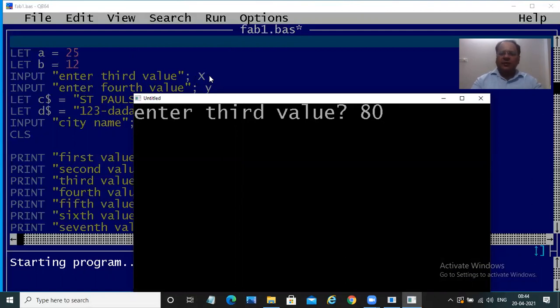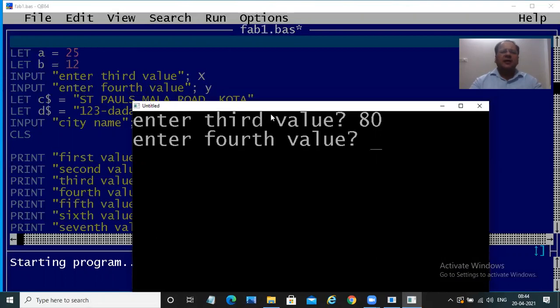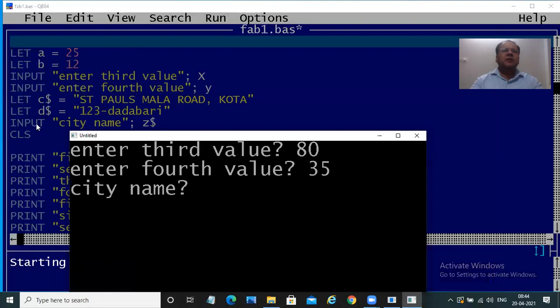So I'll enter any numeric value, let us say 80. So it is accepted. I press enter key, enter fourth value. This statement is executing now, as you can see over here very clearly. And I type another value, let me say 35. And I press enter key. Now you will see it will directly come to city name. It has come directly to this particular line. After these two statements, this is already accepted by the computer. We have fixed these values. The city name, let me take Delhi. And as soon as I press the enter key,